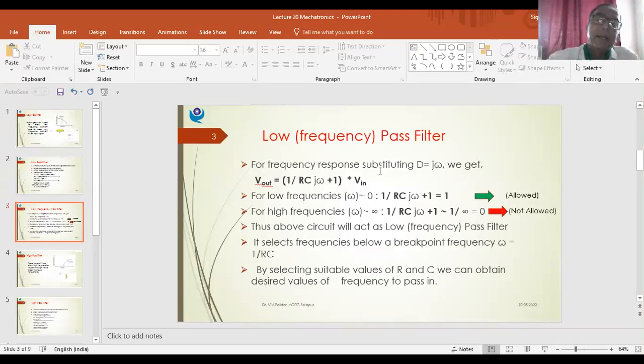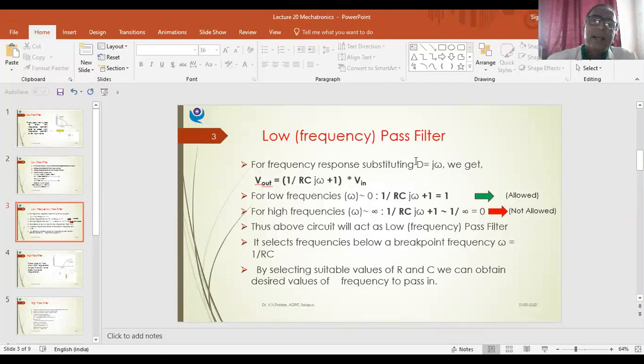So mathematically, for frequency response, we substitute J omega for D. When we study control system engineering, we'll study all these response characteristics in detail. Just remember, to get a frequency response, what is D? Ultimately, D is nothing but d upon dt, the rate of change, isn't it? So what do you mean by rate of change? It is the rate of change of that parameter with respect to time.